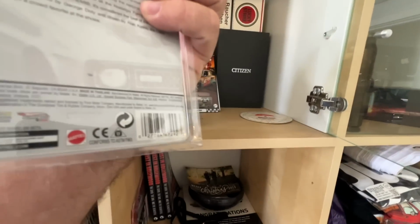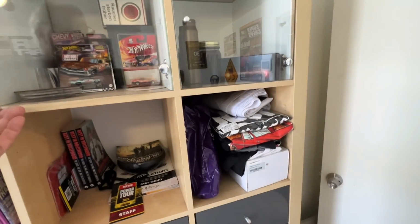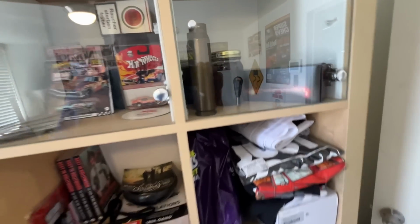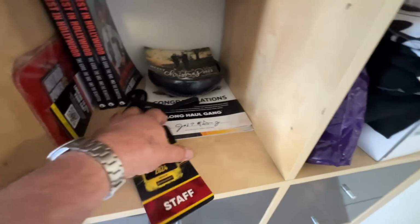I bumped into this guy at a shop. Oh, at a machine shop. He told me he had something for me. He hooked me up with that. And there's some moonshine in there. And some honey. I've got a bunch of these. One of these drawers